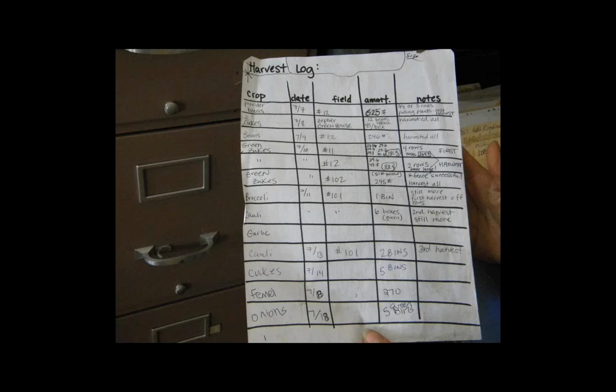Harvest logs. I do a lot of workshops on record keeping. We've got a really good system here at Rock Spring Farm. It doesn't have to be something that you generate in Word and photocopy. This is something that's used at a farm that grosses over $1 million a year in sales. Their harvest log is still just a photocopied thing that they whipped up with Sharpies. So don't feel like you have to go overboard on what you're doing